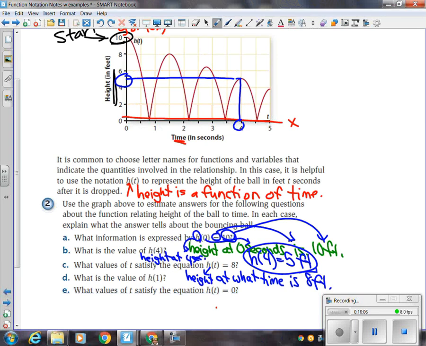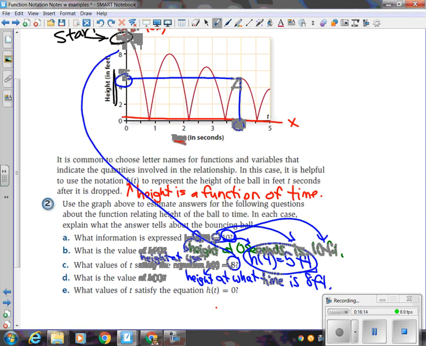What value satisfy this equation? Height at what time is 8 feet? 1.5. All right, so 8 feet. This time it's giving me this number, so I'm going to go to 8. It was at 8 feet here. It was at 8 feet 2 different times. It was dropping, it fell through the 8 feet mark, and then it dropped and hit the floor and bounced back up, and then it bounced back up when? How many times was this ball exactly 8 feet off the ground?